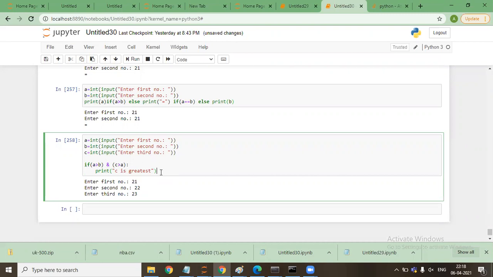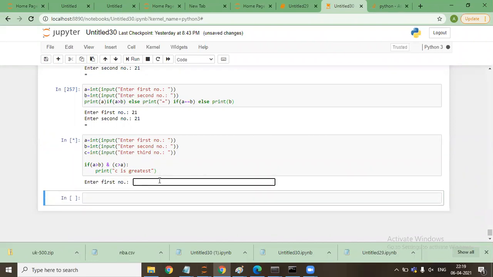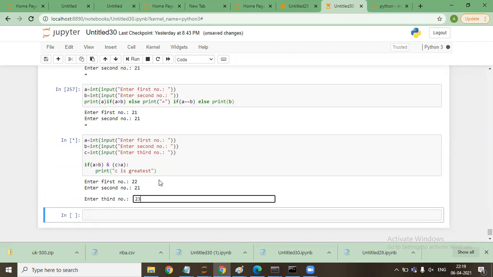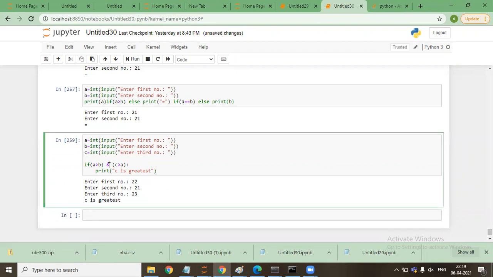A is greater than B, C is greater than A. First number A is greater than B, I'll say 22, say 21, I'll say 23. C is greatest. Yeah, so this is because of this and.